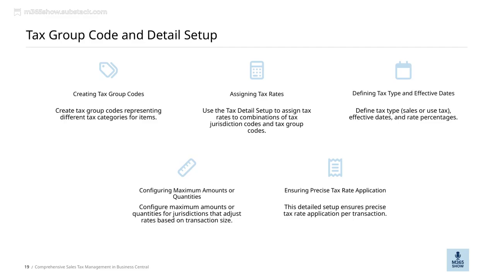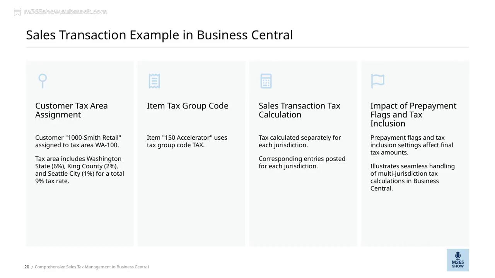These groups help streamline the process and make it easier to apply the correct taxes based on the item or transaction type. By setting all of this up carefully, we ensure that our tax calculations are precise, compliant, and adaptable to different business needs. Now, let's look at how prepayment flags and tax inclusion settings influence the final tax amounts